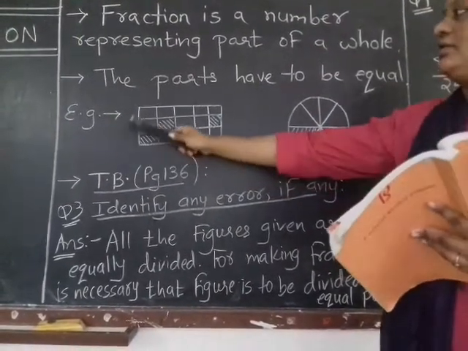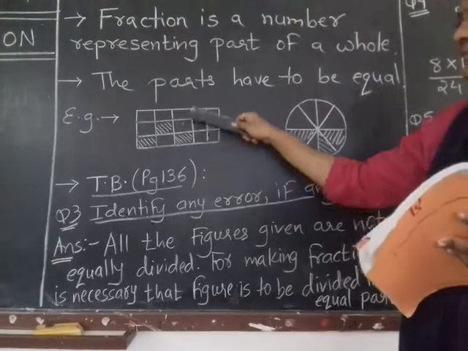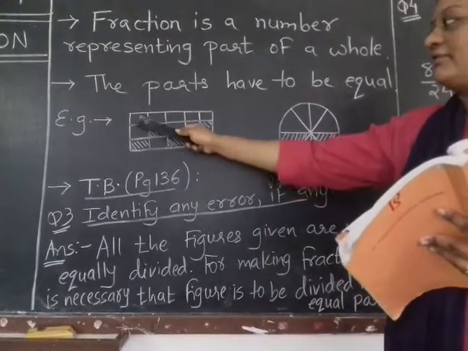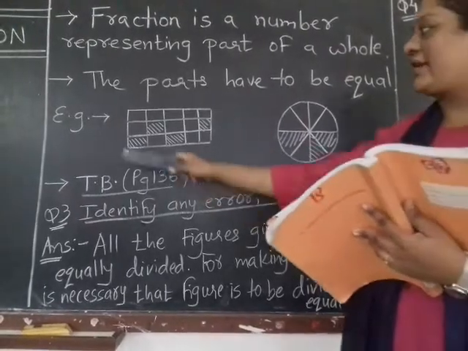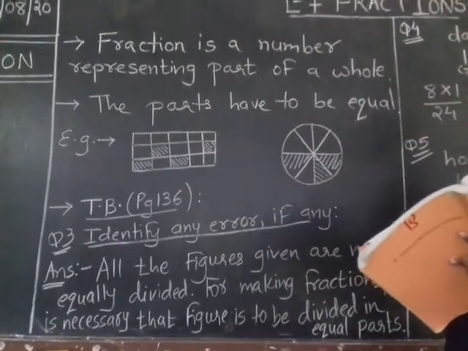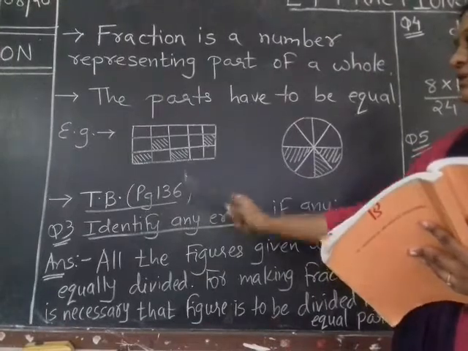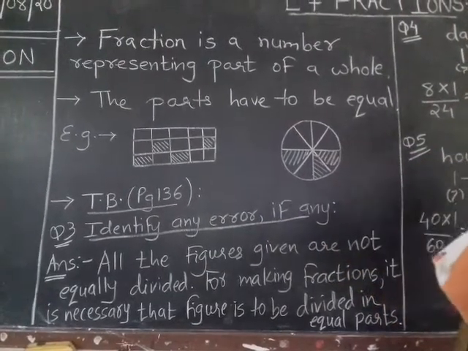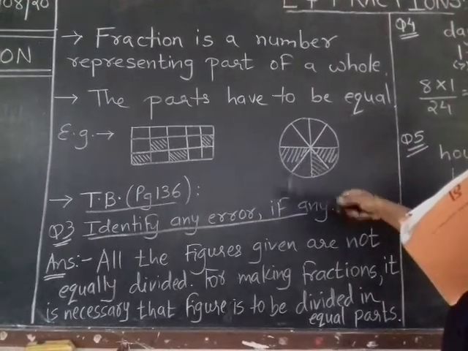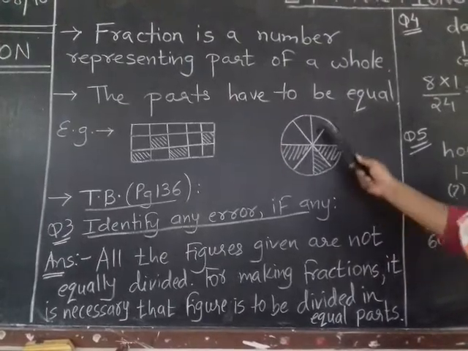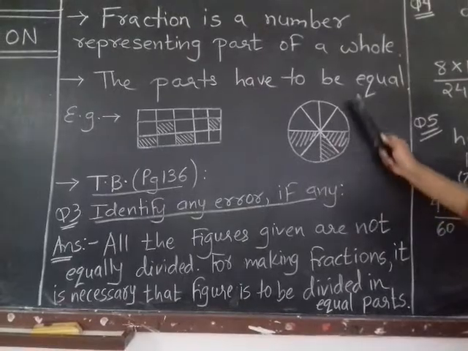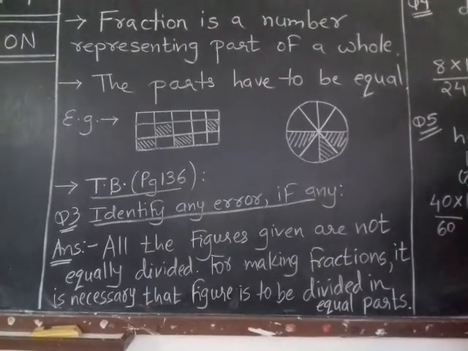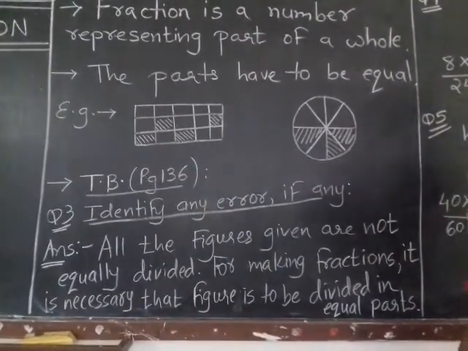This is one whole rectangle, but it has been parted into 1, 2, 3, 4 and 5 different parts. So when a whole triangle is divided into 5 equal parts, they are said to be parted, that is, in a fractional form. In the same way, you can see the circle, this also has been parted into some groups. That means this whole circle has been divided into equal parts. That is what a fraction is.